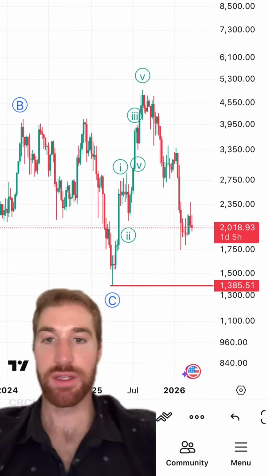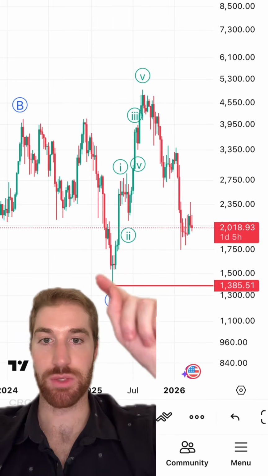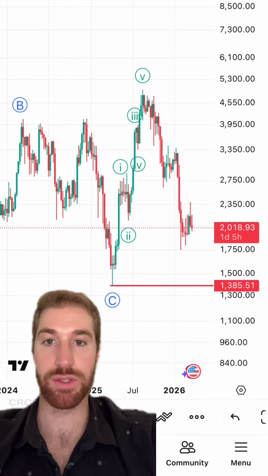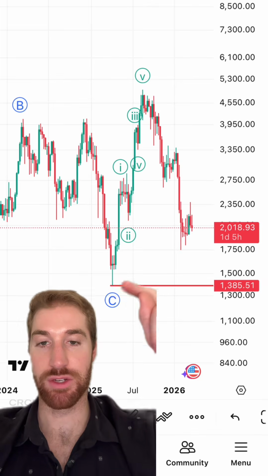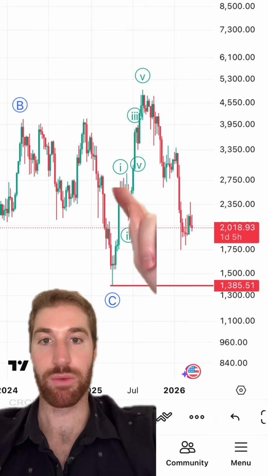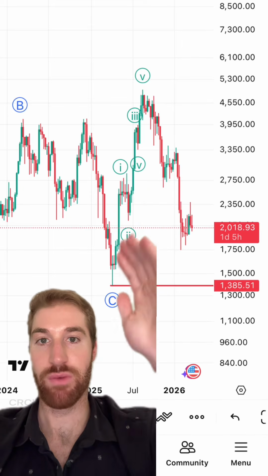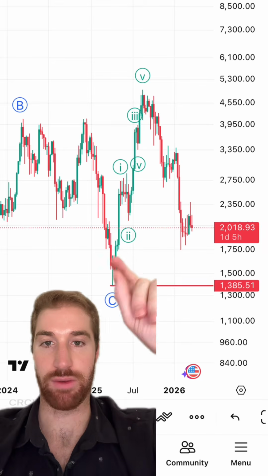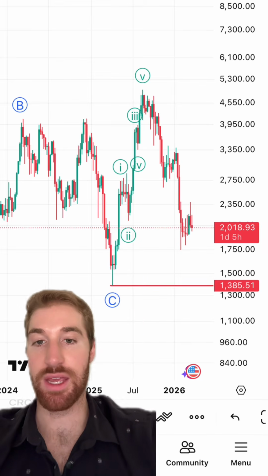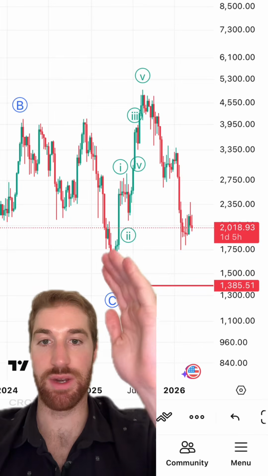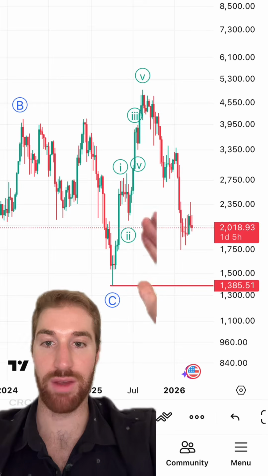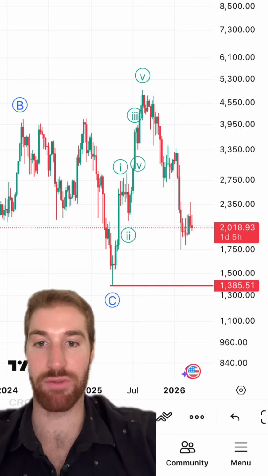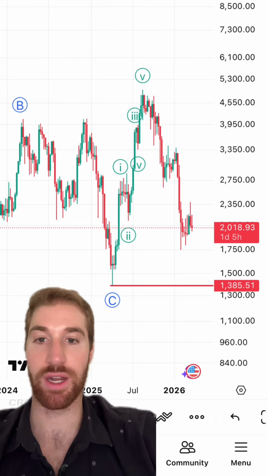Now jumping on the weekly time frame, this is just zoomed in. So again, each one of these candles makes up a week's worth of data. We have this big push off of these lows down here at 1300 for the bottom of the wave C. We have the 1, 2, 3, 4, and 5 wave push denoted by these green, like Roman numeral looking numbers. The key invalidation I'm looking for to determine if this is the first impulsive wave off the low, meaning we're in macro wave 3, with on that 3-month time frame that I showed you in the beginning, is targeting around